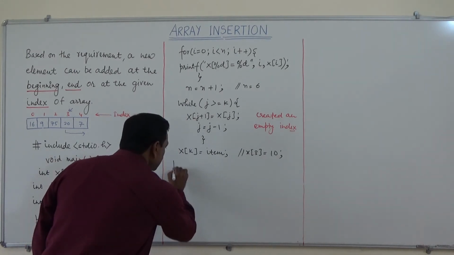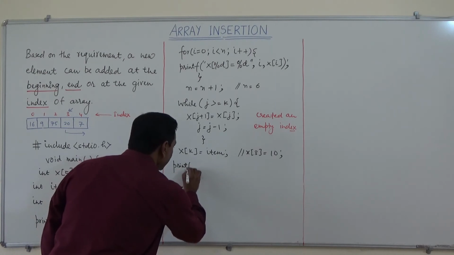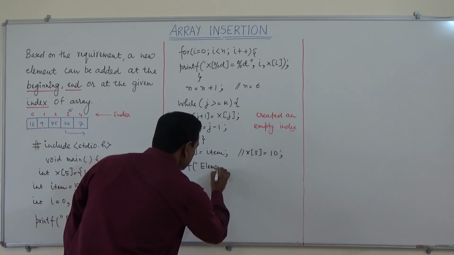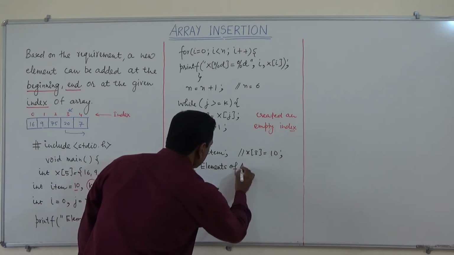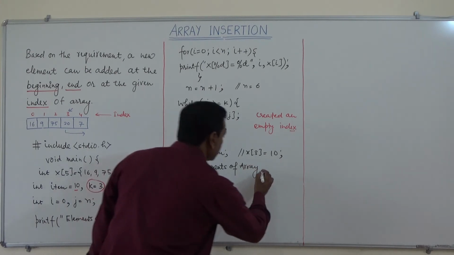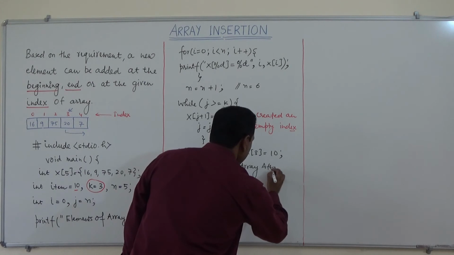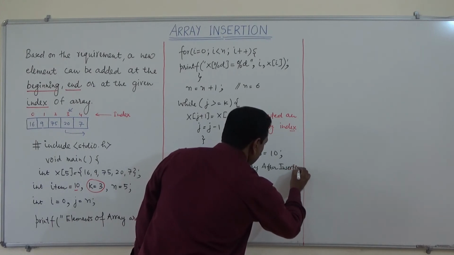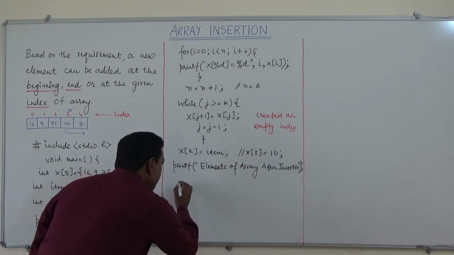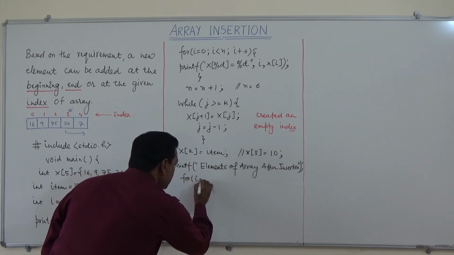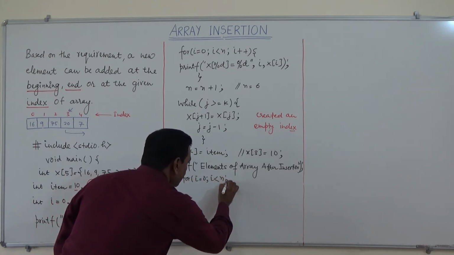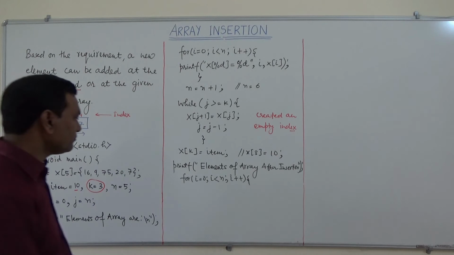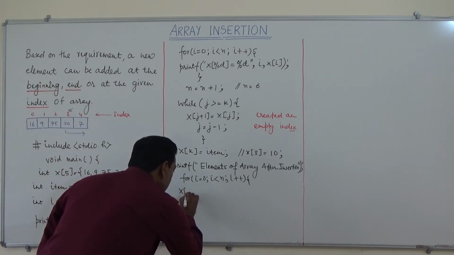So we can write printf elements of array after insertion. So we can again use a for loop for i equals to 0, i less than n, i plus plus, and then again this will be